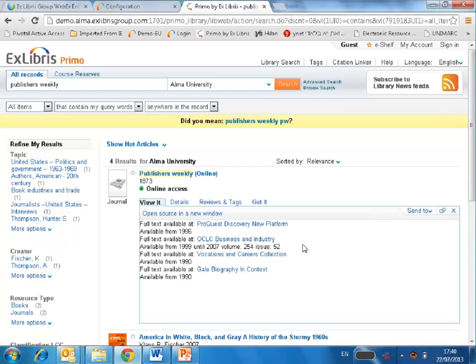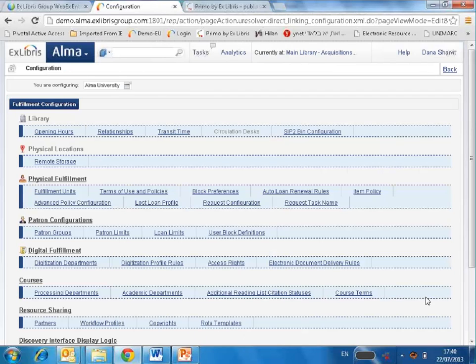You see that this specific journal is available through a couple of providers. I can define the order of these. For example, I can define that when I have a service from Gale Biography in Context, I want it always to appear on top. This is my preferred service. So I can do that. How do I do that? If I go back to the configuration in Alma,